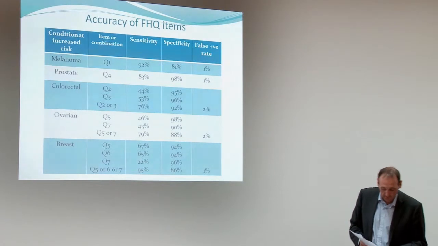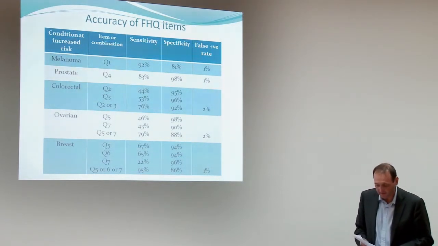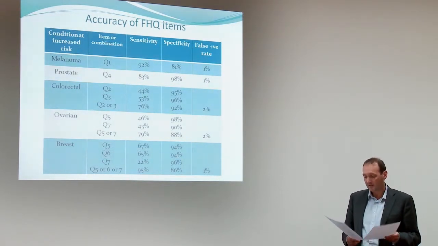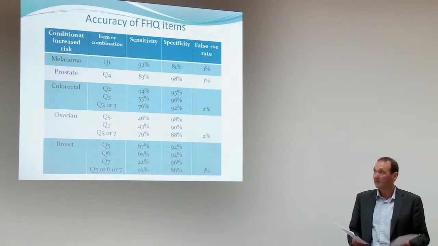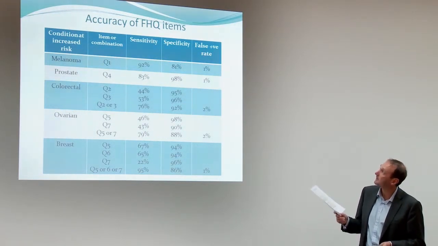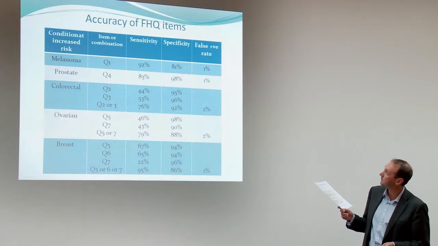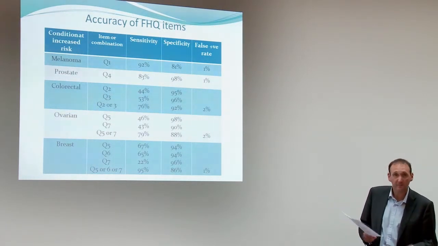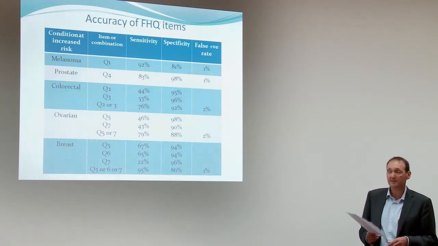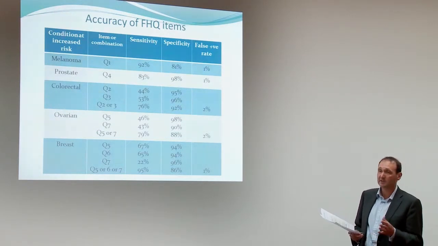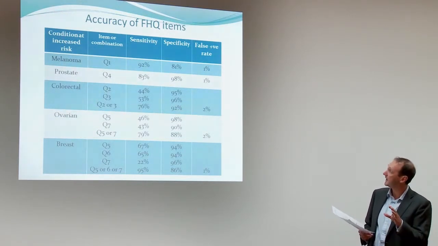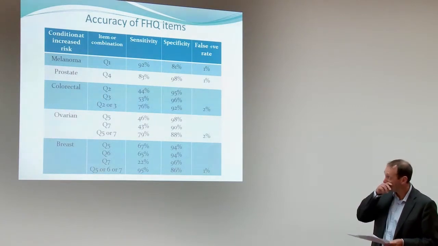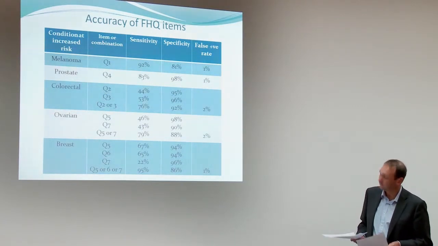The second question is, do you have more than one relative on the same side of the family with bowel cancer at any age? And this broadens it out to second-degree relatives as well. That alone has slightly higher sensitivity, pretty good specificity. But if you combine both those questions, so answered yes to either of those, you increase the sensitivity but maintain a pretty good specificity. And similarly with ovarian cancer.